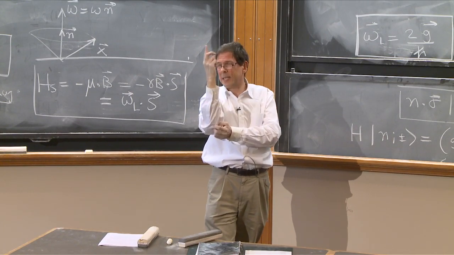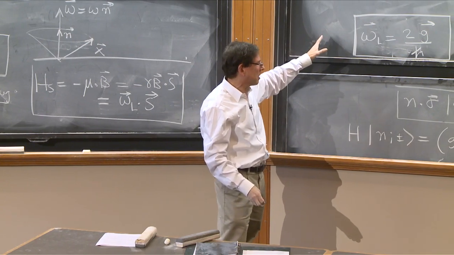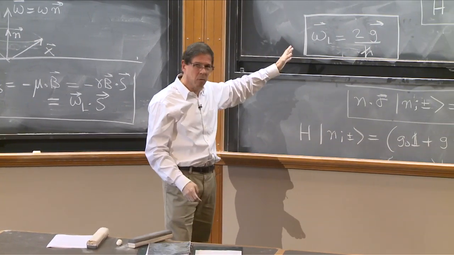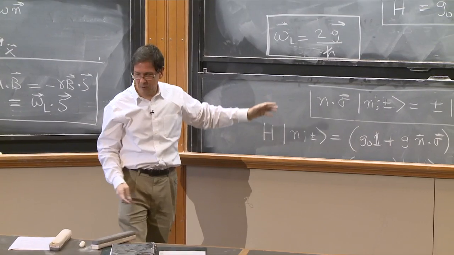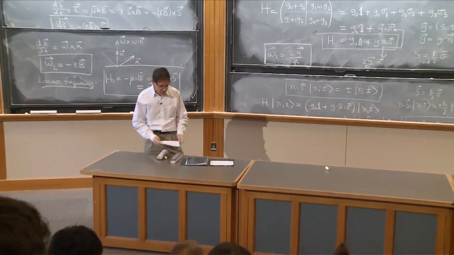So it may sound a little abstract at this moment, but this gives you the way to evolve any arbitrary state intuitively. You know the vector n, where it points, you know where your state points in the configuration space, and you have a physical picture of what it does in time. It's always precessing. Therefore, the dynamics of a two-state system in time is always precession, and that's what we have to learn. So next time will be the ammonia molecule, and then NMR.